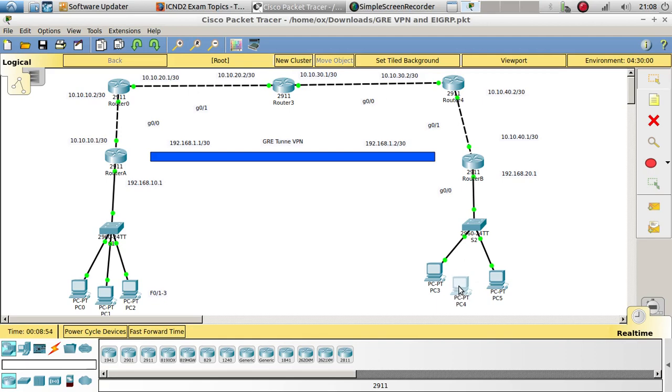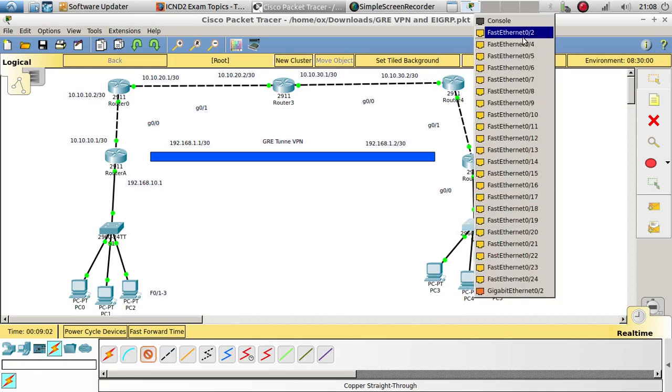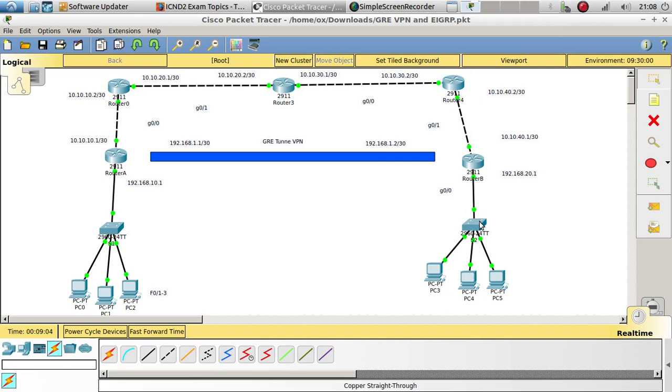How did I delete that? Let's plug that back in. Sorry for that, guys. As you're going to see right here, the link is going to come back up as soon as I plug it in. That's because I enabled PortFast on these interfaces. I also enabled BPDU guard as well,